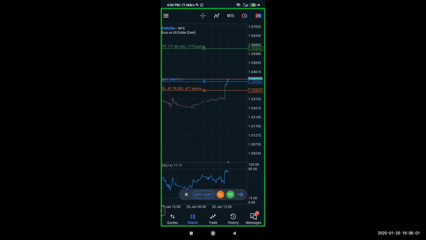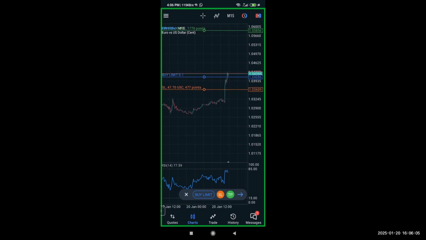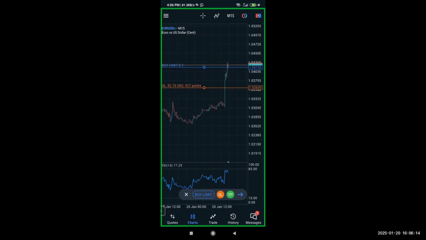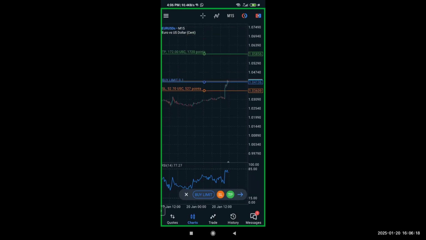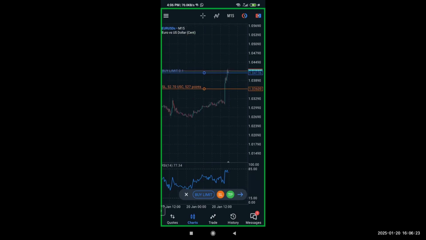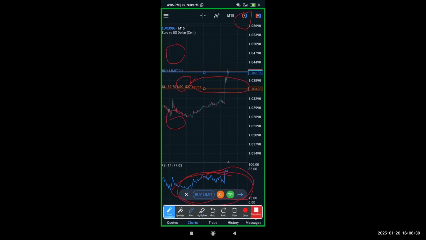So in order for you to enter this trade, since I know the level of where this blue line is, if I enter the market, that's why I say take it so close to where the price is. If I enter, it means I'll be risking 52 cents as is shown around that SL part, and I'll be gaining 172 cents. If you are okay with that, please don't go ahead and press this thing. Let me show you. Don't go ahead to press this